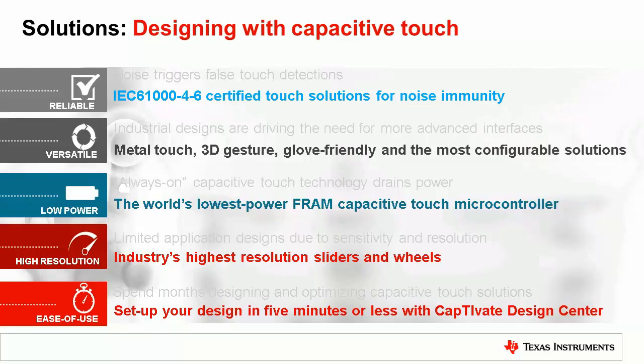Now, as we look inside TI at each of these challenges, these are the areas that we've been investing in, from a technology and IP development front, to make sure that we have solutions that address these problems we see in the industry. So we've released capacitive sensing solutions that meet IEC 61000 noise certification. We've got single SoC solutions that can be used for a wide variety of applications, from proximity to capacitive sensing for metal touch, glass, and glove-friendly industrial applications. And we've done this in the world's lowest power integrated microcontroller with capacitive sensing.